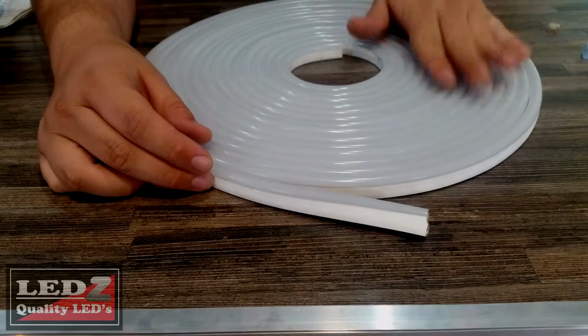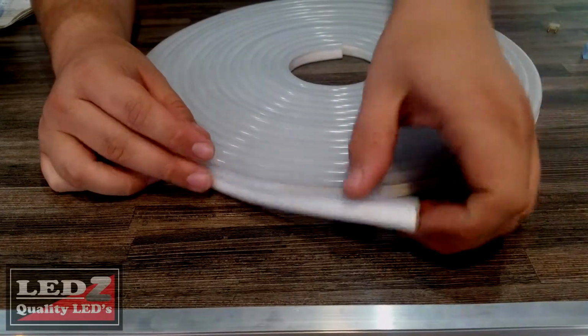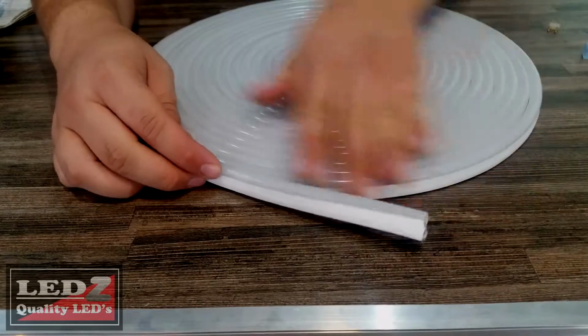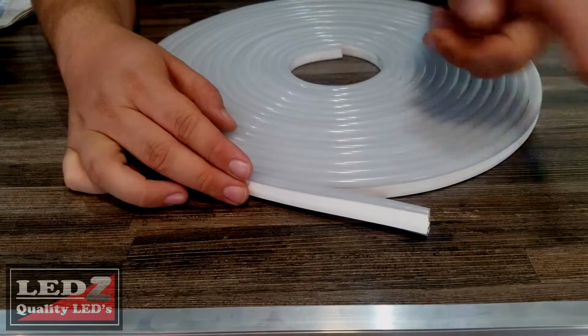This is what we call LED neon flex. This is what replaces the old school neon. So if we take a look at the back, you will see there's a few lines here. This is 100mm cut points. So on our table here, we have 10 meters, and this can all be powered up by one transformer from